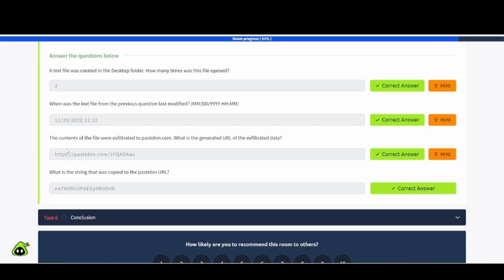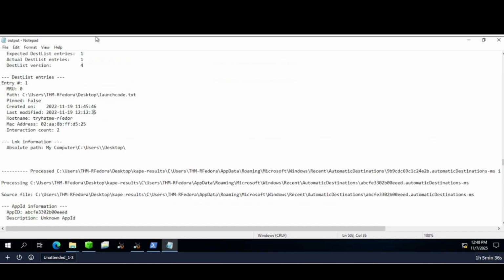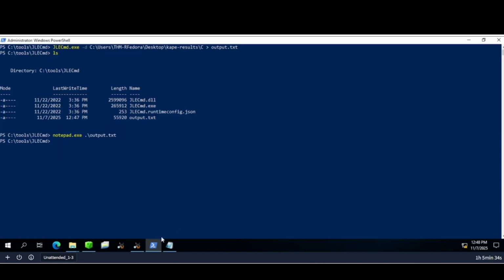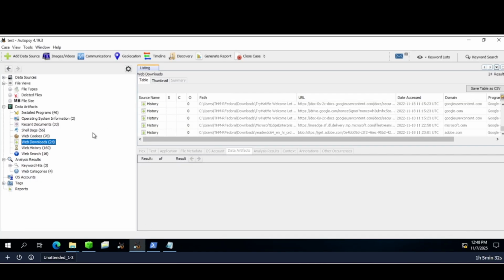Next one here, we've got to look for something in regards to pastebin, so we have to go over to the Autopsy tool to look for this information. What is the extract URL of the exfiltrated data? So let's flip back over to our VM. We'll just minimize this. I already got Autopsy up. So inside of Autopsy,